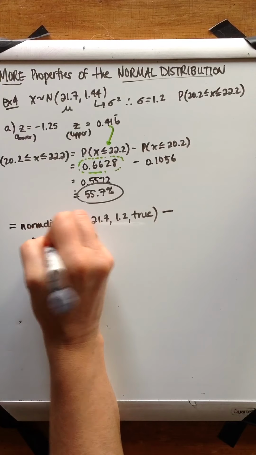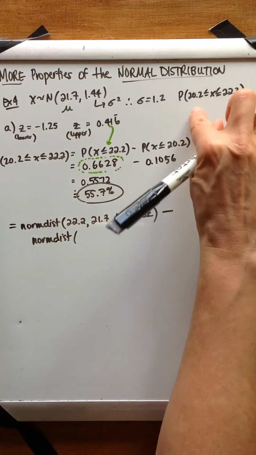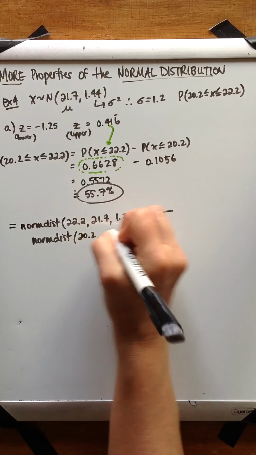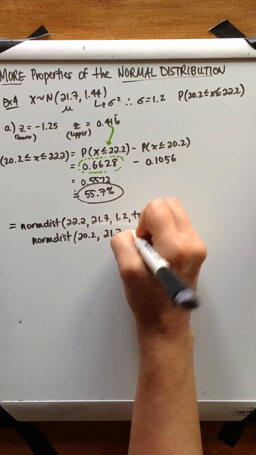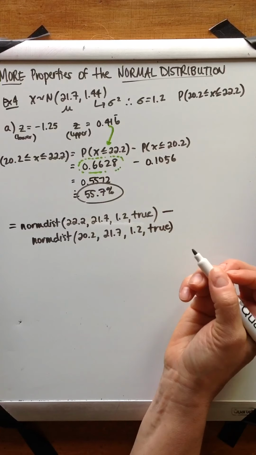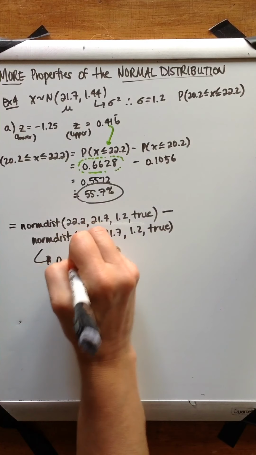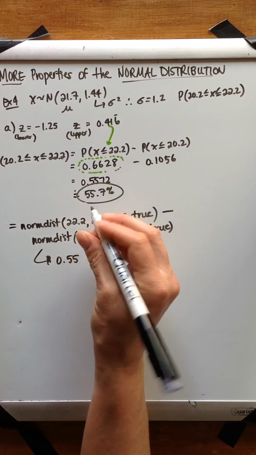The normal distribution for the lower value. So 20.2. We still have the same mean, same standard deviation, word true. Now this time when you hit enter, you will end up with a value of 0.55